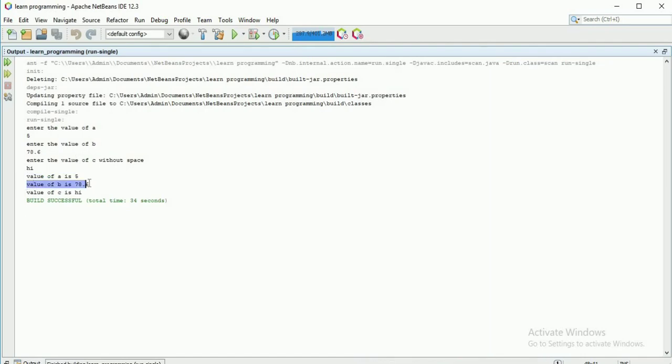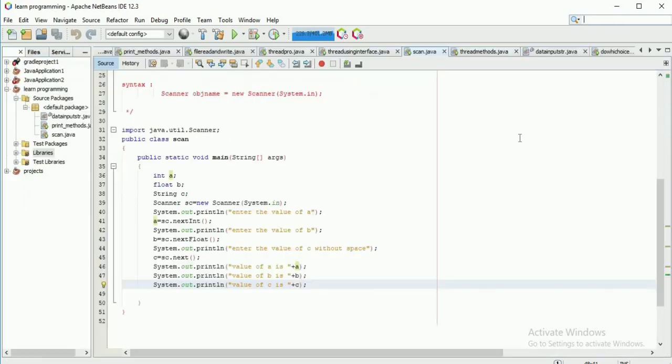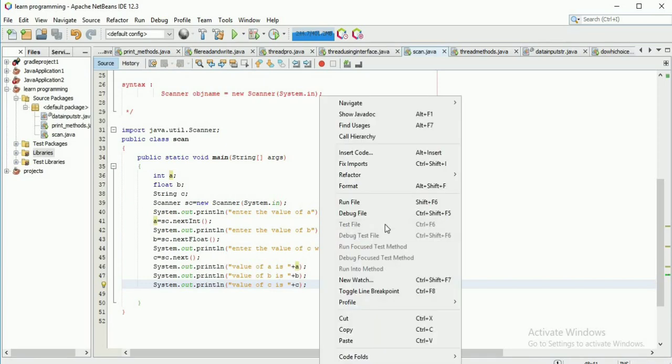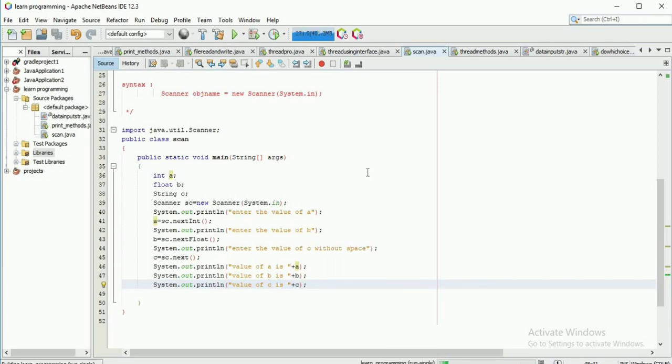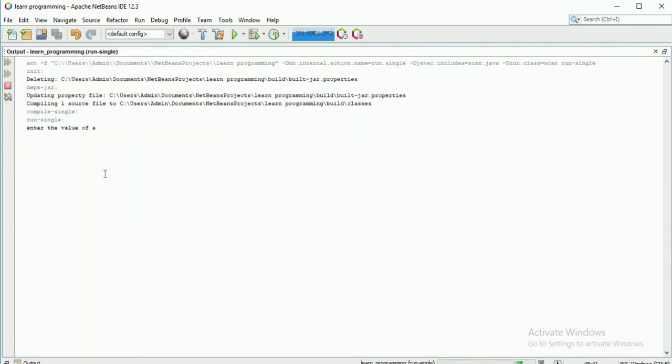So what will happen when we enter c with space? Let's see this. Enter the value of a. I give the value 78. Enter the value of b. I give the value 89.6 for the float value. Enter the value of c without space.